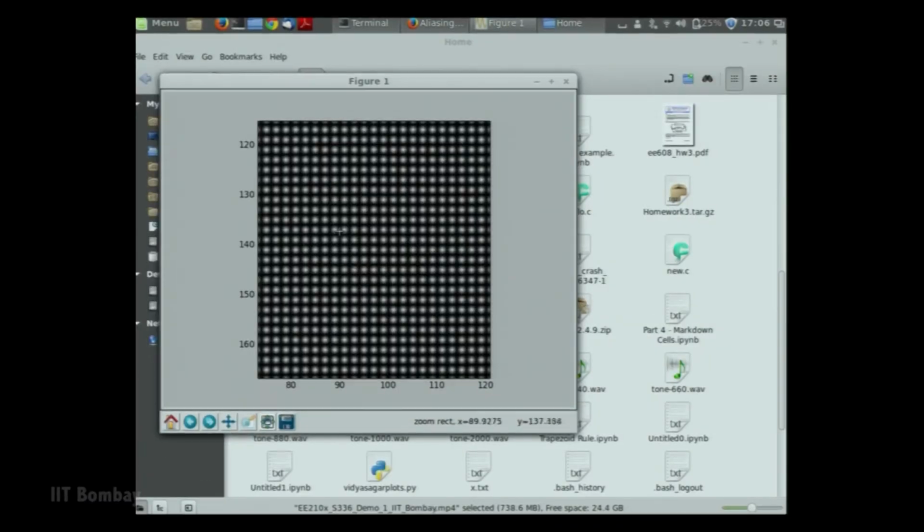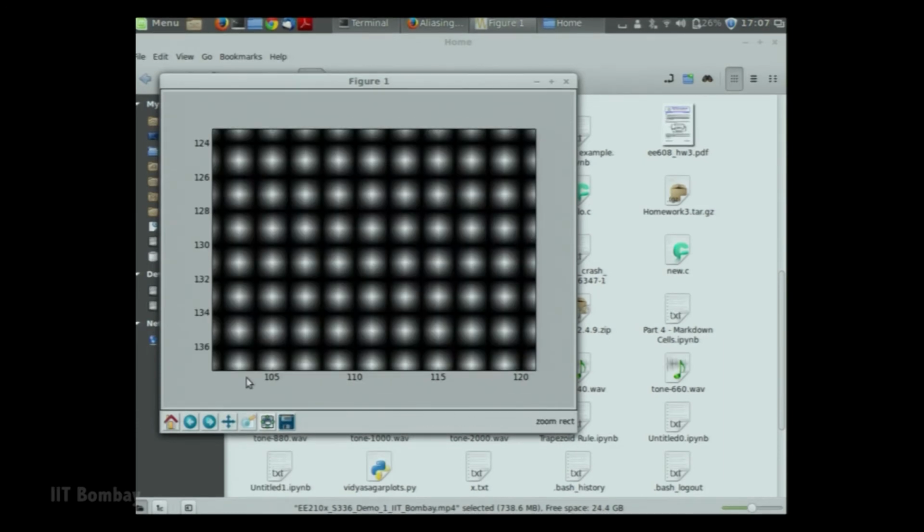Now that we have seen what spatial frequency means, we will see an example of Moire pattern in a simple image. Let us take an example of a simple image. This is a zoomed portion of an image, basically a part of an image. You see white dots on a black background. When you take an x slice of this image, you see these white dots appearing at a regular interval, and the interval is really short. So the frequency in the x direction is really high. Similarly, if you take a y slice, you again see that the white dots appear at a regular interval, and again the interval is very short. So we have a high frequency in the y direction also.